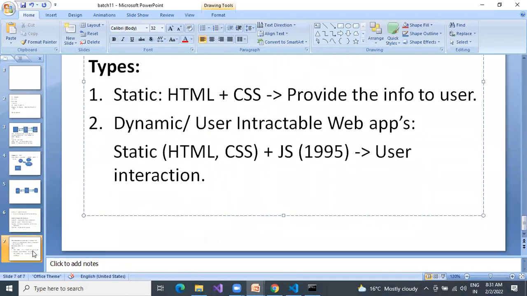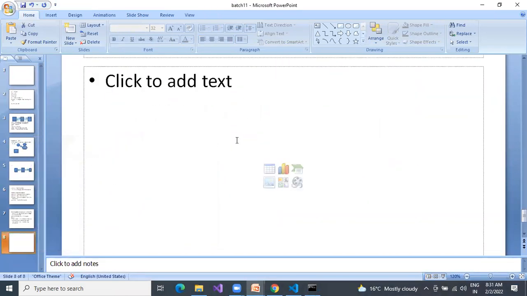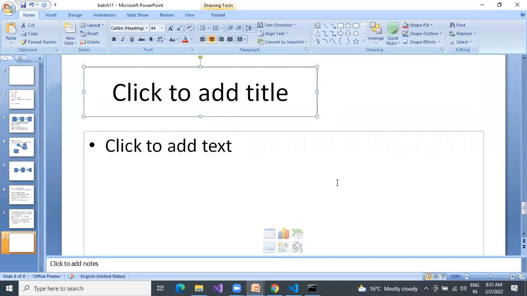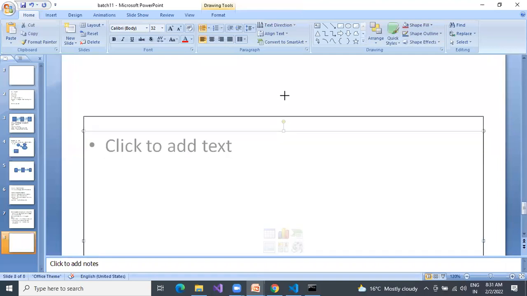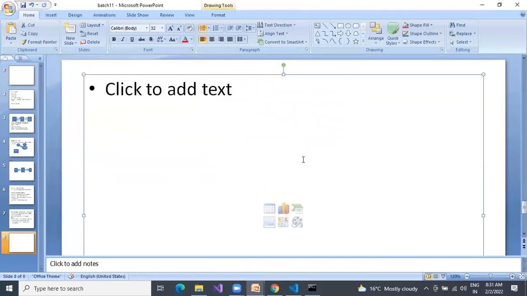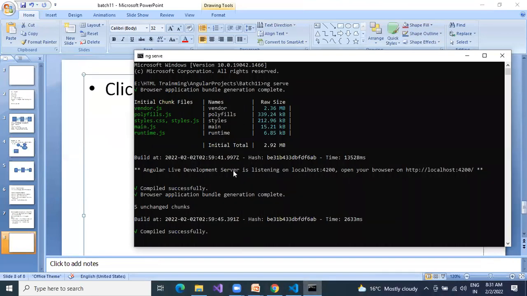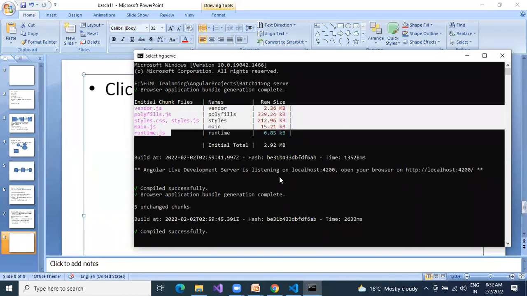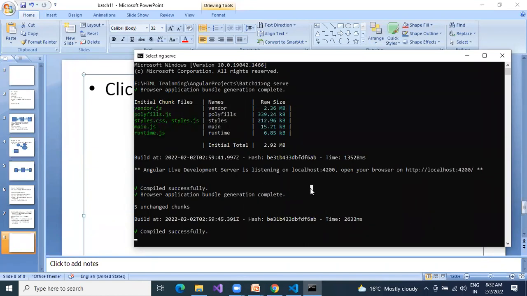So what are the browser understandable web technologies? Out of these, HTML, CSS, JavaScript. The remaining things the browser cannot understand. For that, we are going to install Node.js, and for this we are going to compile. Once you compile, see here, 1, 2, 3, 4 JavaScript files and two style-related files are generated. How many files you have? We have 200 components also. Finally, these will run on top of the browser. Okay, next.